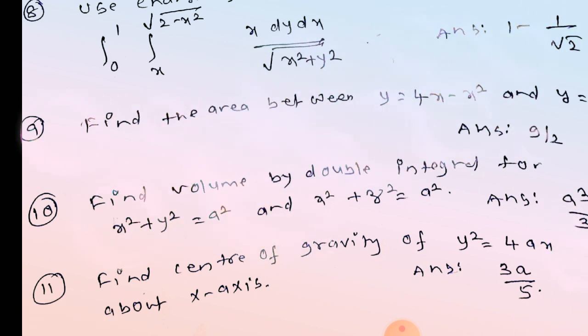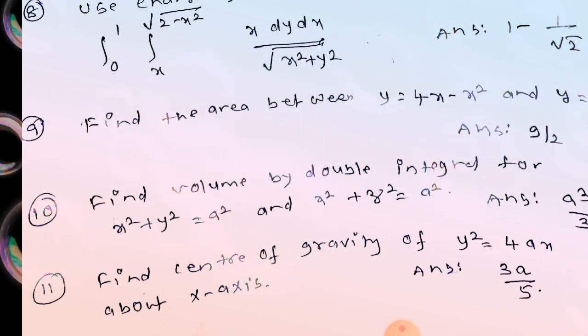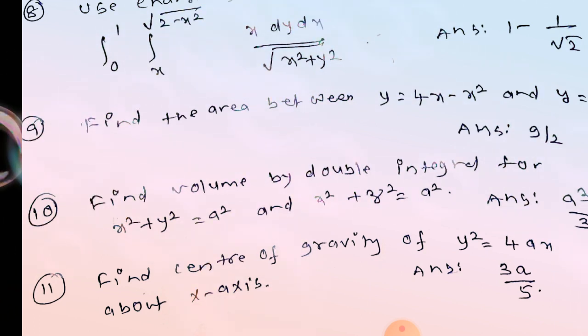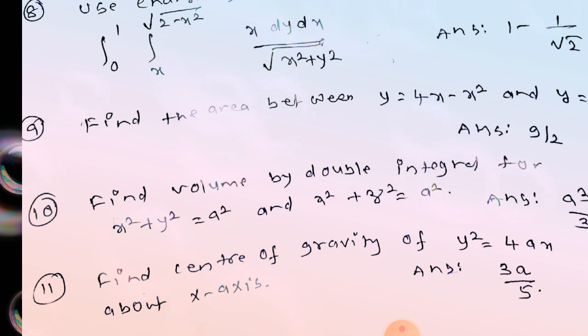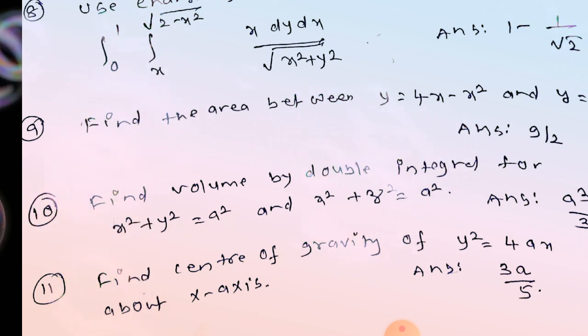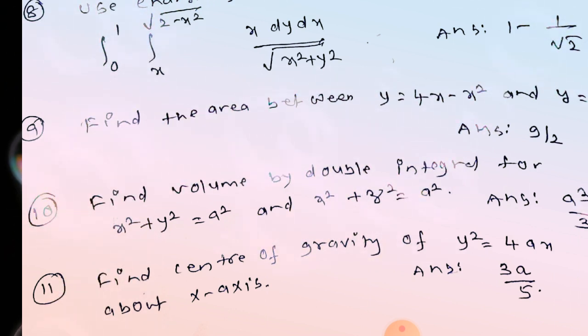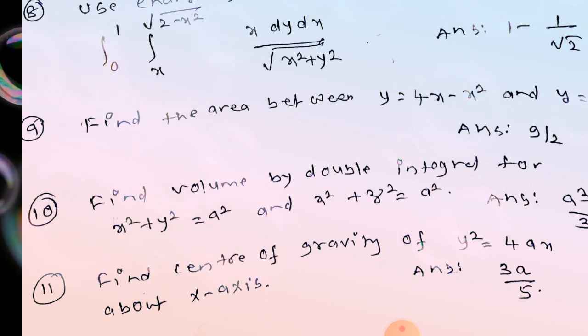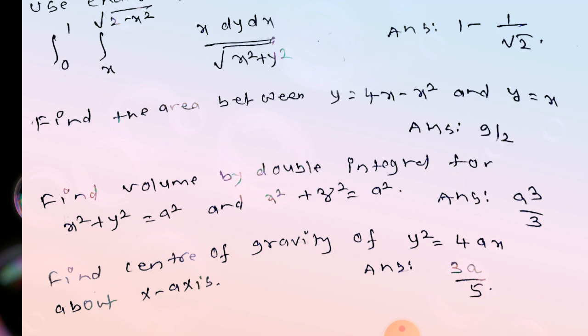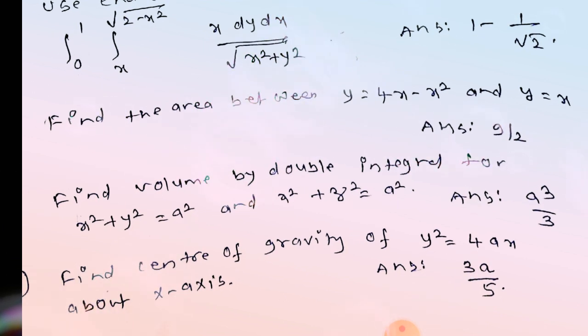The reason is, if I take x square equal to a square, then x equal to plus or minus a. In that case, you will get a different answer. Only you make a statement that you are considering only the positive quadrant. By that you will get x limits 0 to a and y limits are 0 to under root of a square minus x square. That gives you the final answer, a cube by 3. So that is about your clue.